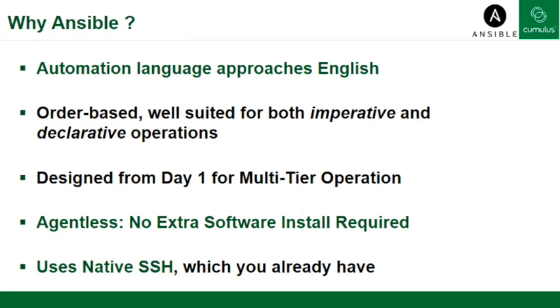That's important because we have users like, for instance, Gawker, who tell a nice story: they can give a list of instructions to someone, they can write an Ansible playbook, and then the manager who doesn't know Ansible can read that playbook and say, yes, this is exactly what I wanted you to do. It's readable by people who don't understand the tool, so it's also very quick for people to get up